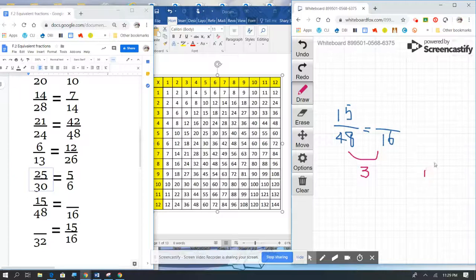But if you're not sure, you can do 16 times 3. 3 times 6 is 18. 1 on the top. 3 times 1 is 3 plus 1 is 4, so 48. So that's why I know it's 3. So again, 3 times 16 is 48, or 48 divided by 3 is 16. So we're going to divide by